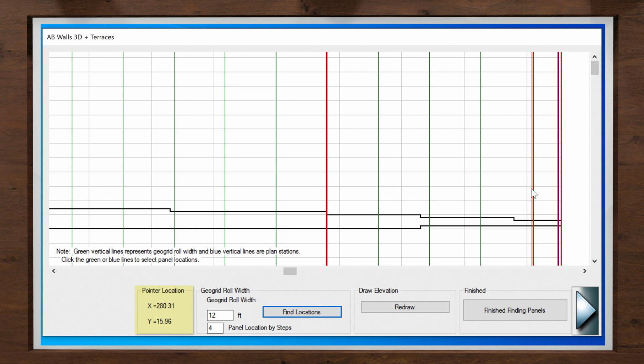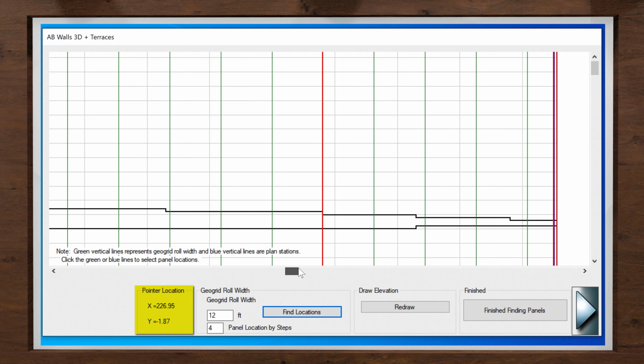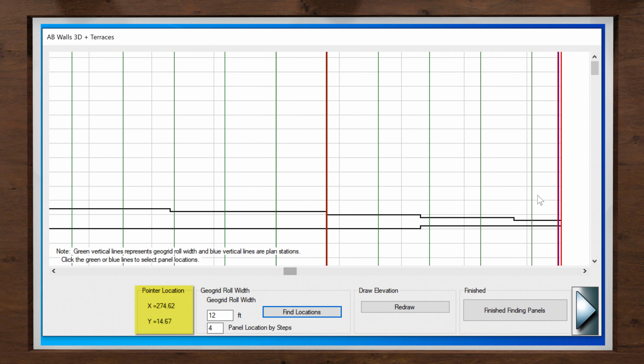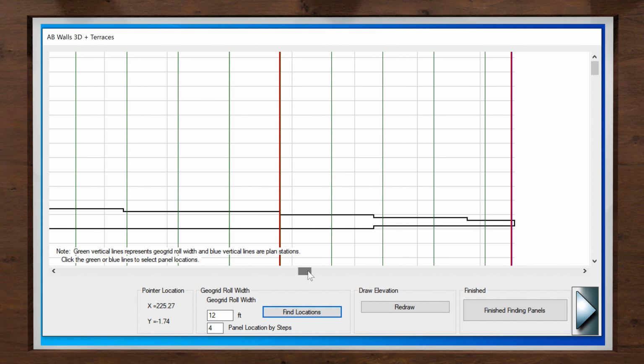You know where you are on the wall length with the X reference on the lower left side of the screen. By scrolling to the right, we see the panel selections for the rest of the wall. Once we finish selecting our locations, we can then click the Finish Finding Panels button to see the panels on the following screen. Why the panel selection screen is so important is because it gives the user a visual of